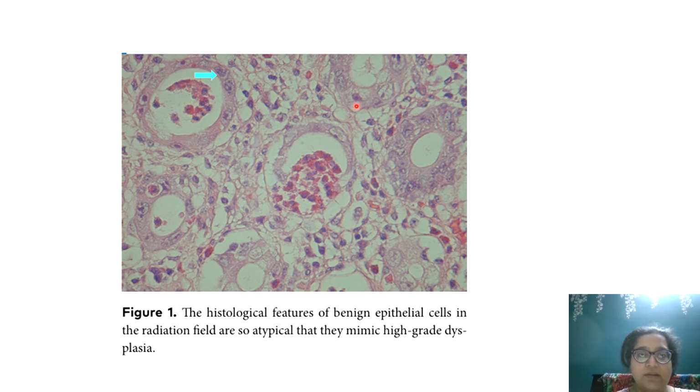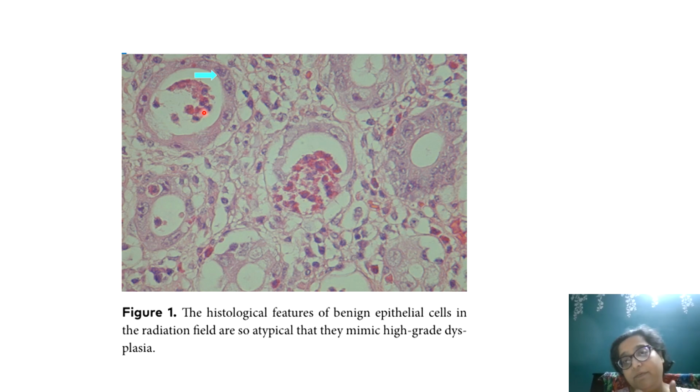So here you see there is a lot of high NC ratio, prominent nucleoli. Okay, in fact, there's a big eosinophilic nucleus also over here if you see. Then you see stroma showing plump cells and a lot of edema. Then you see a lot of eosinophils which are not only going inside, but this is kind of a cryptitis over here. And then what they are forming is an eosinophilic cryptitis.